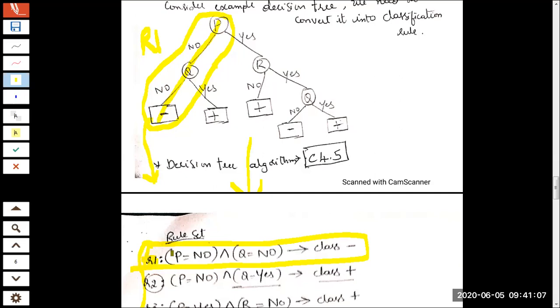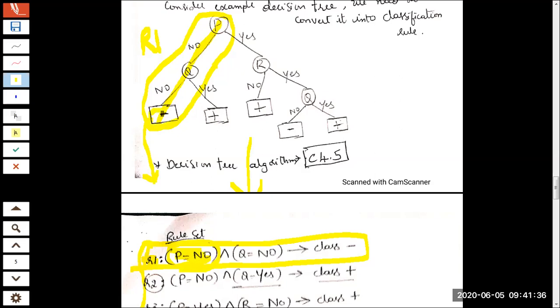Followed by that, the different nodes, it may be a root node or intermediary nodes, will become the conditions. So once again we had seen that. To traverse this branch, what are the attributes and conditions that should be satisfied? You can see P equal to no. That is the first one, P equal to no. That will not take me to the class level, to this class level minus.